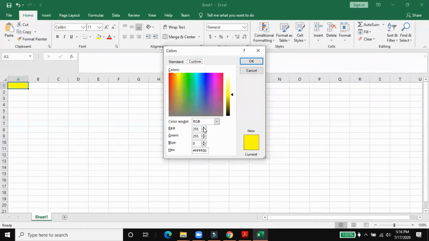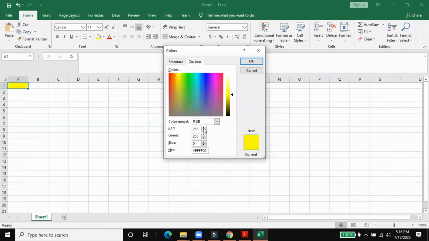Basically, in your computer system there are three colors we can use: red, green, and blue. The starting value of red, green, and blue is 0, and the ending value is 255. If you want to color red, there are 255 shades, from 0 to 255.